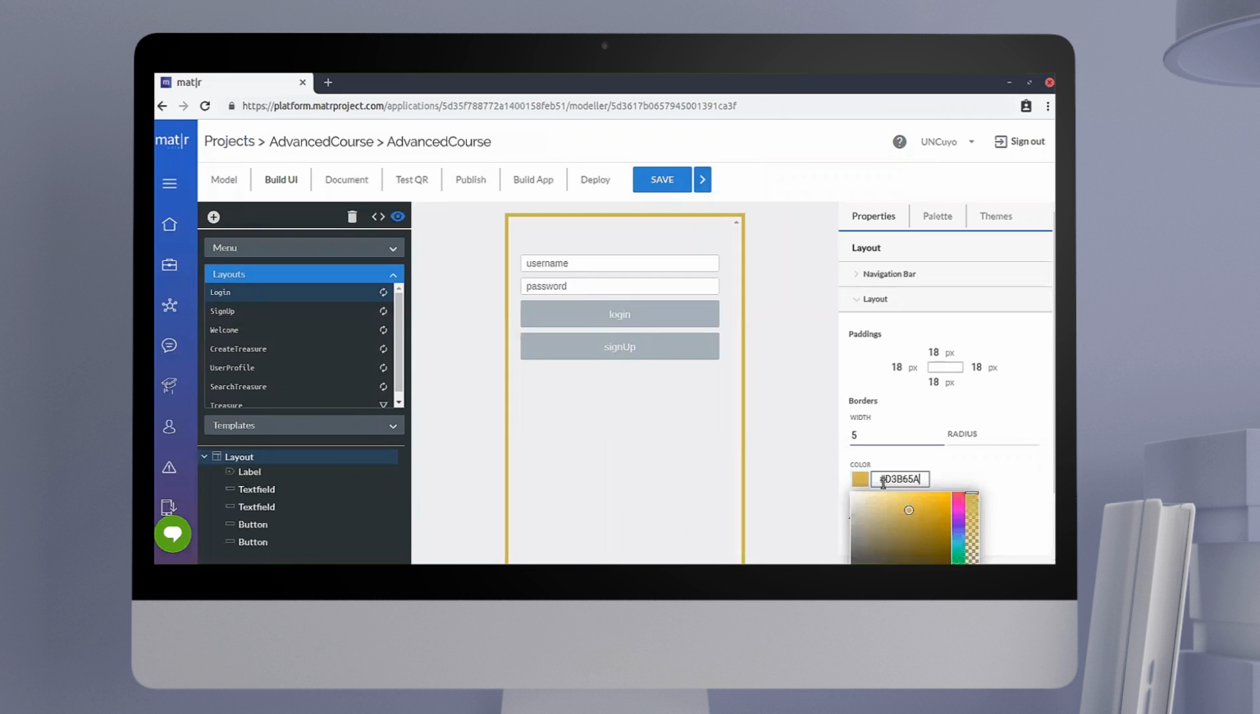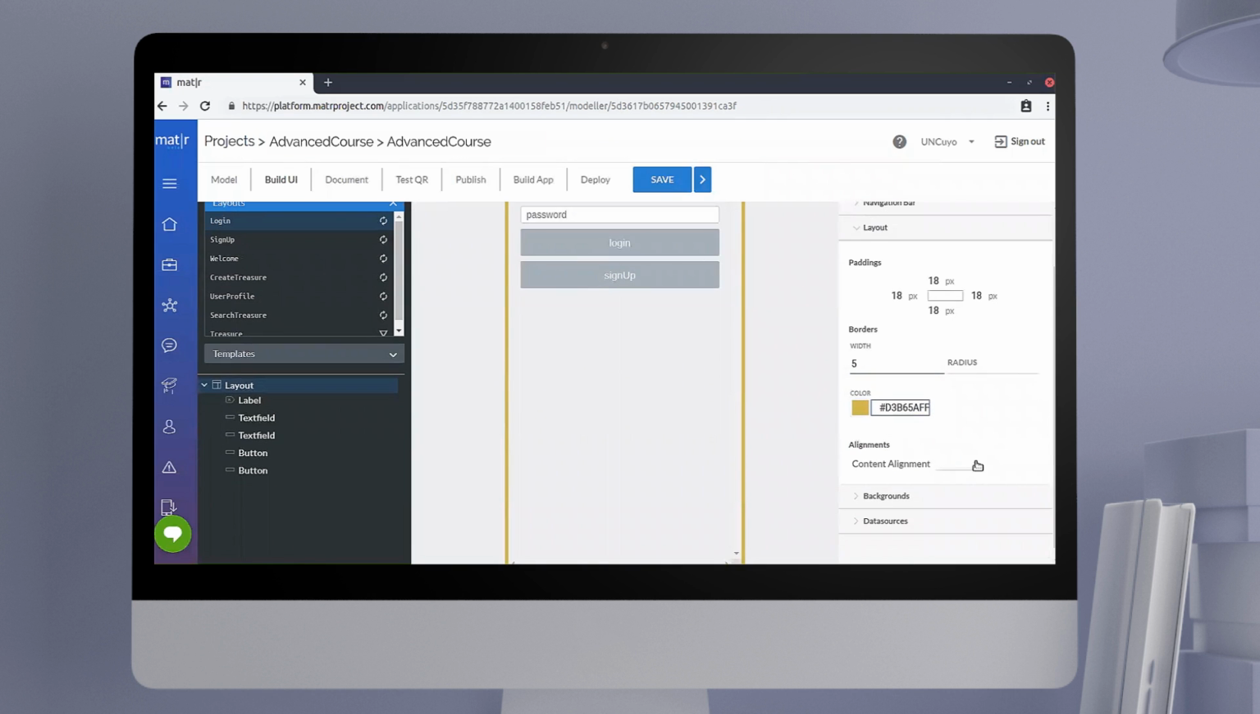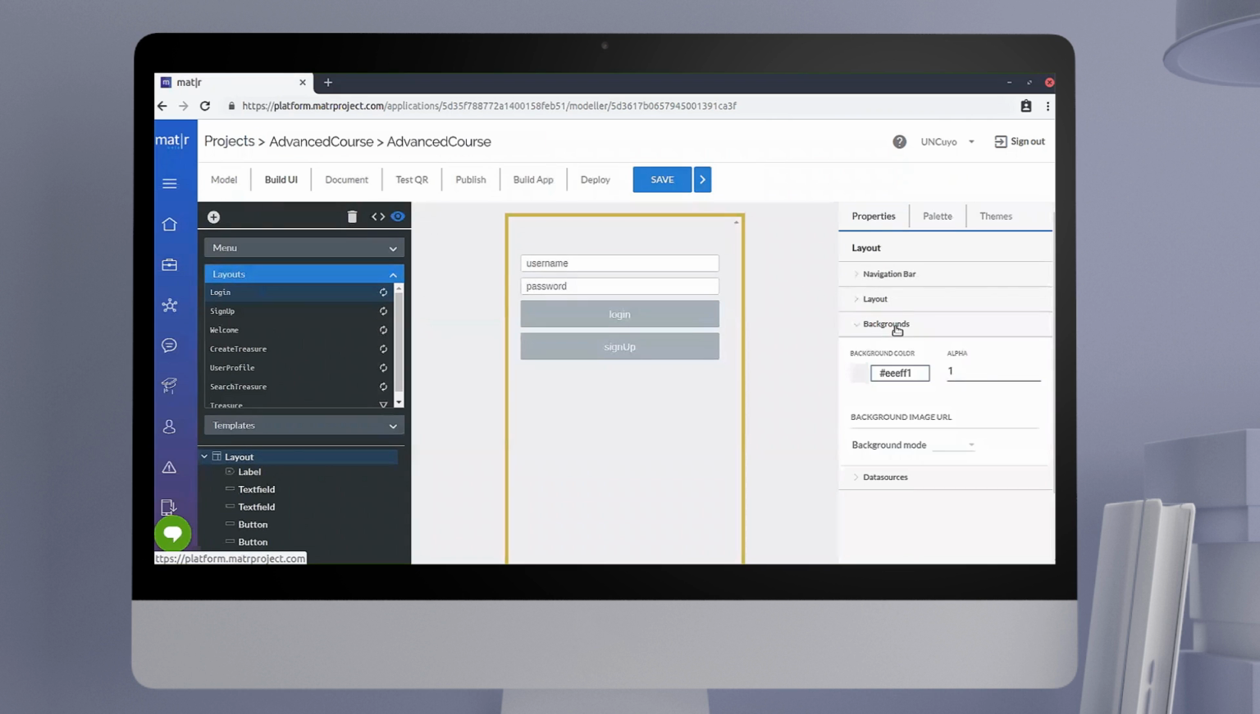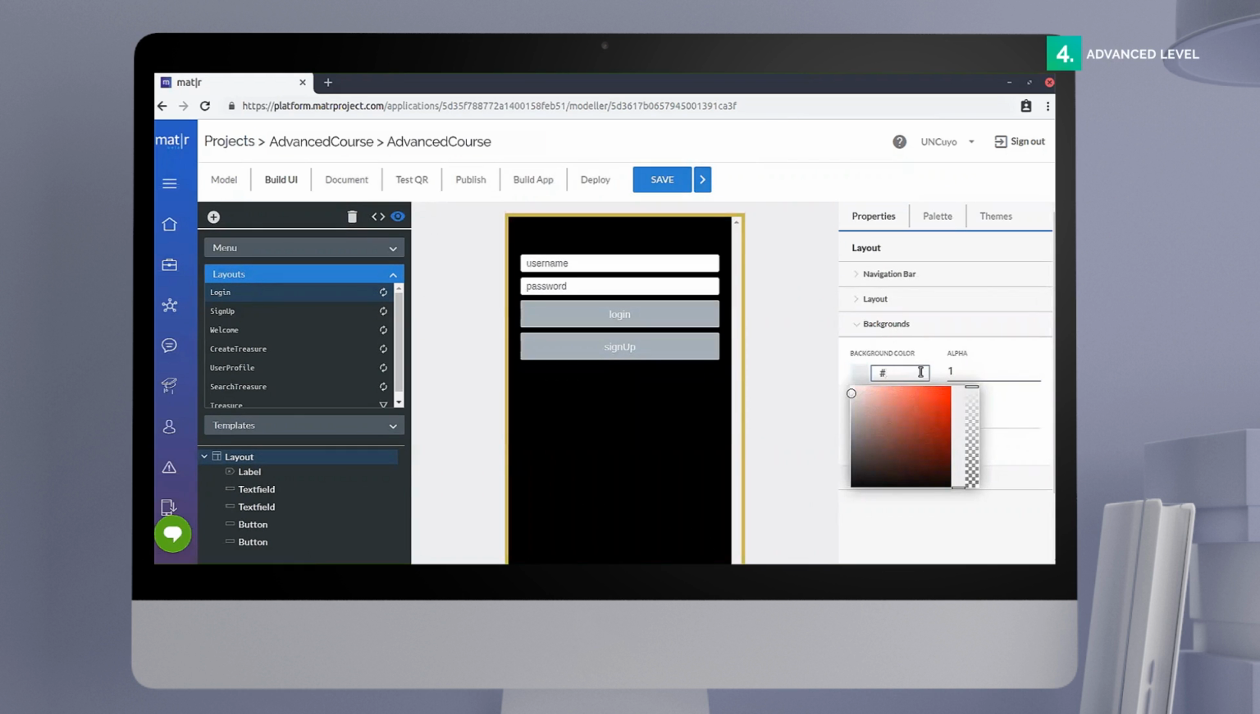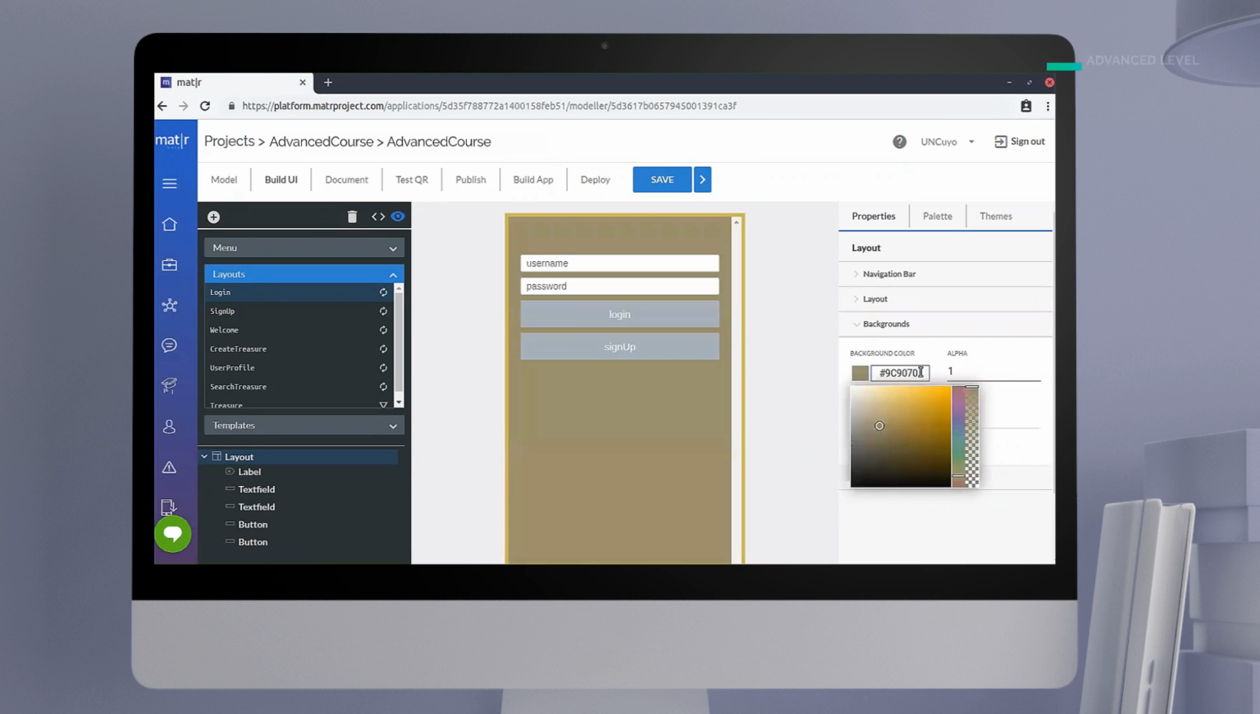Finally, in the Content Alignment property, we choose Center so that all the contents of the layout are centered. In the Background property, we will only modify the background color of the layout. In this case, we will choose the color. This way, we have finished with the properties of the layout, since the remaining properties are not important in the